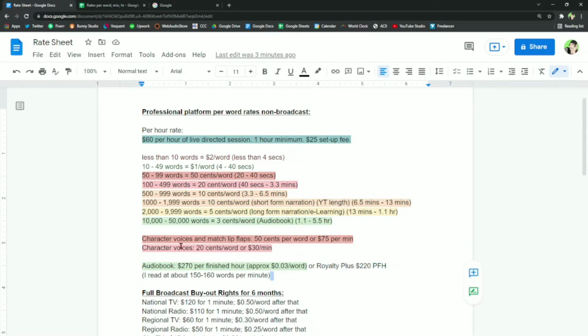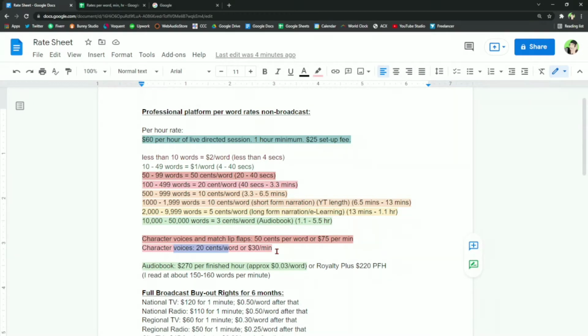Now, character voices. For just regular character voices on professional platforms, 20 cents per word, or $30 per minute. Now, the reason I do $30 per minute is a lot of times the client doesn't want a whole bunch of words. They want sounds.